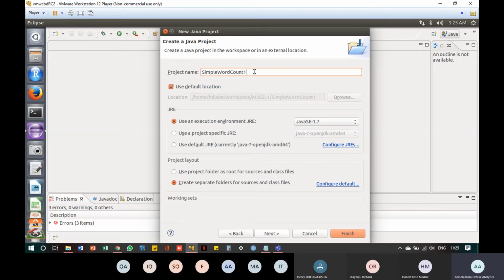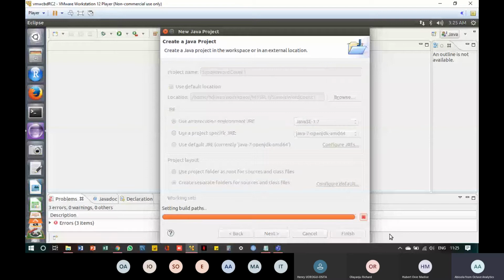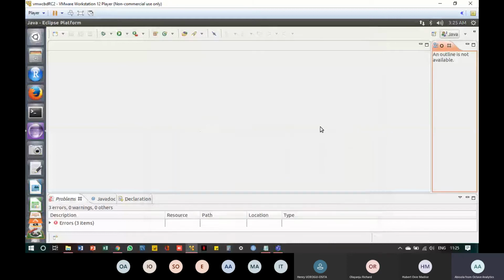I'm going to just put one in front of mine to distinguish it from the other one. You can just use simple word count because you've probably not done this. So after doing this, click finish. When you click finish, it will probably bring up a dialog that asks if you want to do something that supports Java development? Just select yes.